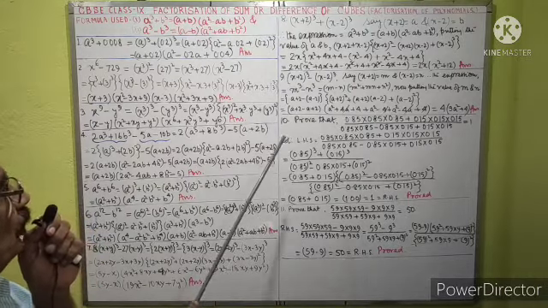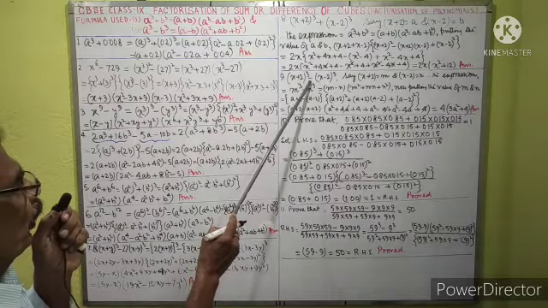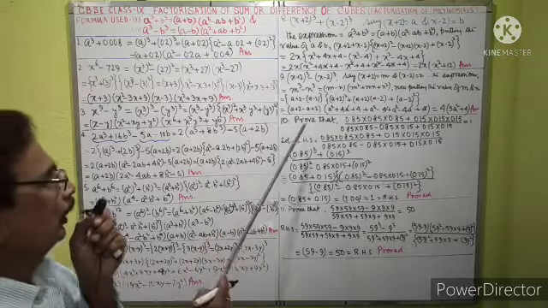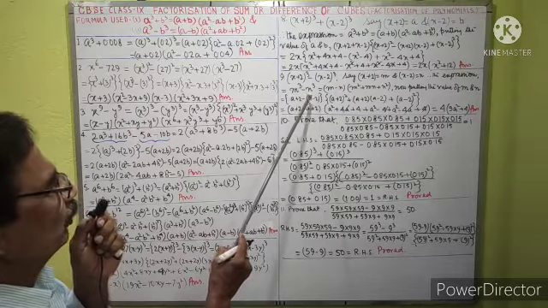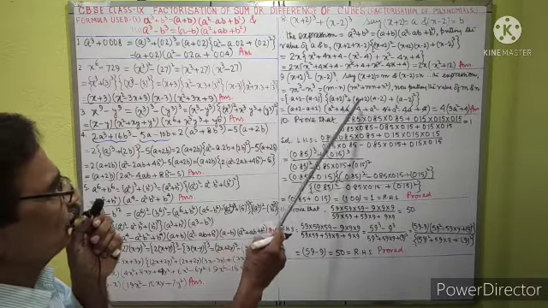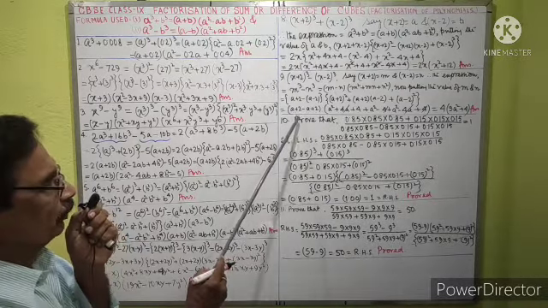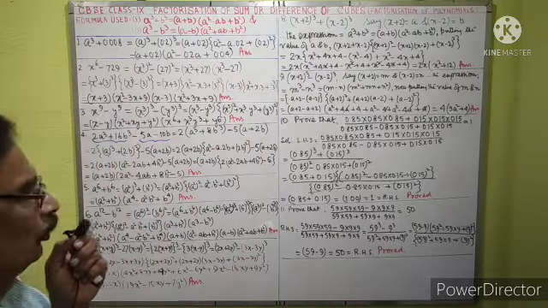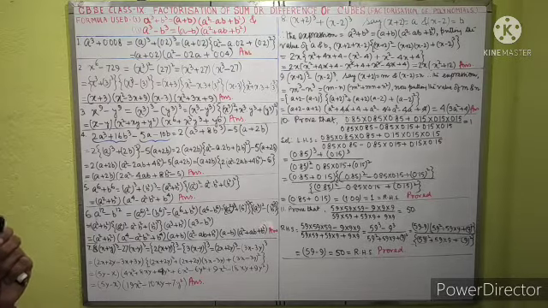The same question, here it is plus, but here it is minus, so it will be the a cube minus b cube formula. Here we have taken x plus 2 equal to m and x minus 2 equal to n. Therefore it is m cube minus n cube. According to the formula a cube minus b cube, it has been broken down, and putting the values of m and n, we are getting this. After simplification, we are getting its answer, 4 into (3a square plus 4). This is the answer.